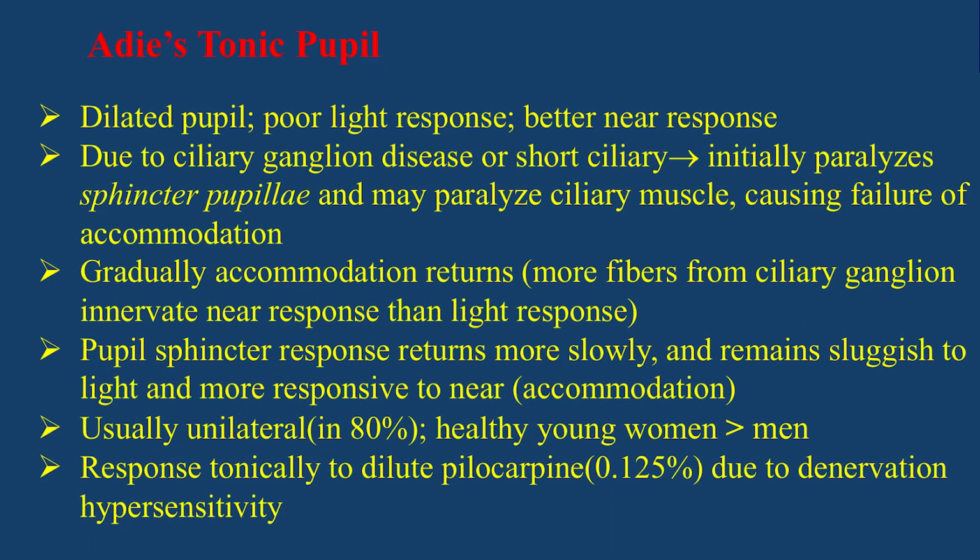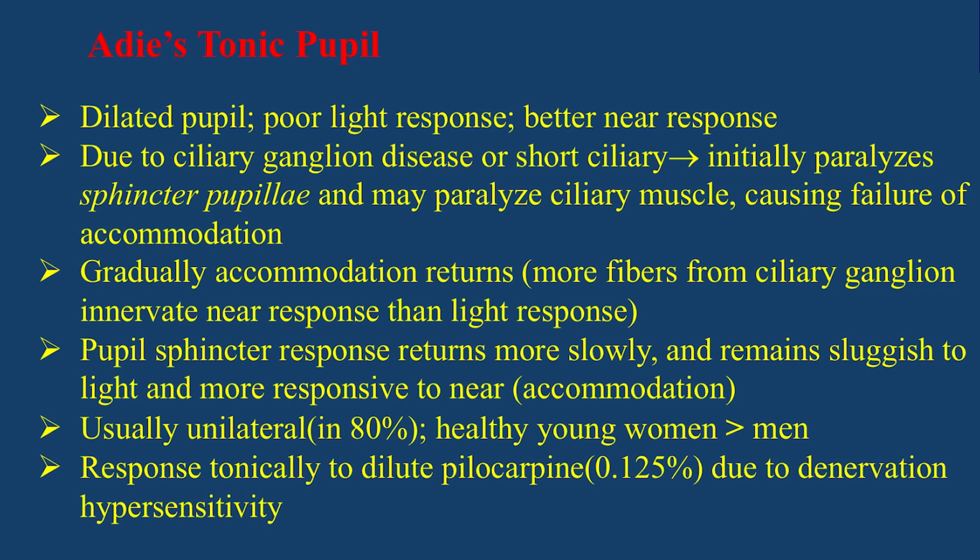Adie's tonic pupil, dilated pupil, poor light response, better near response, due to ciliary ganglion disease or short ciliary nerve disease. Initially, paralysis of sphincter pupillae and may paralyze ciliary muscle, causing failure of accommodation. Gradually, accommodation returns. More fibers from ciliary ganglion innervate near response than light response. Pupil sphincter response returns more slowly and remains sluggish to light and more responsive to near accommodation, usually unilateral